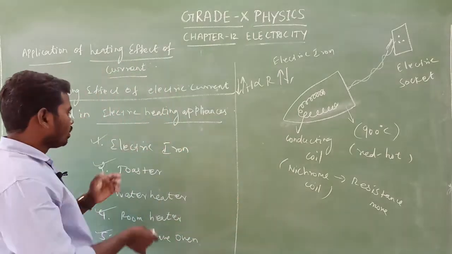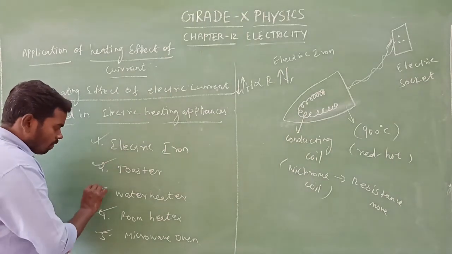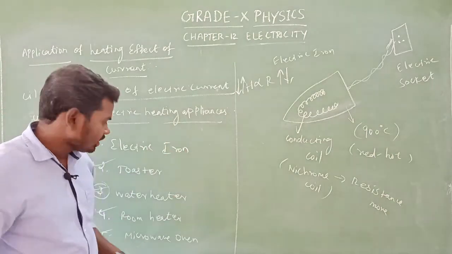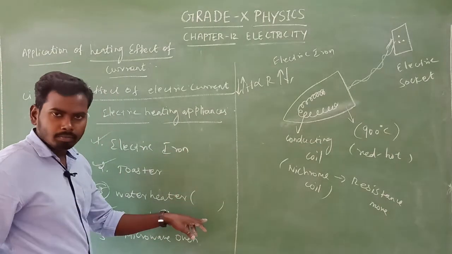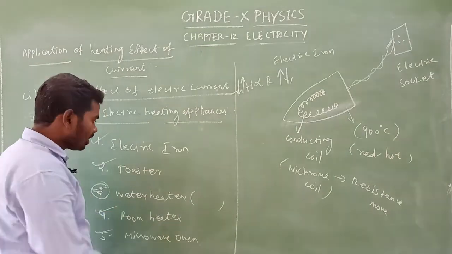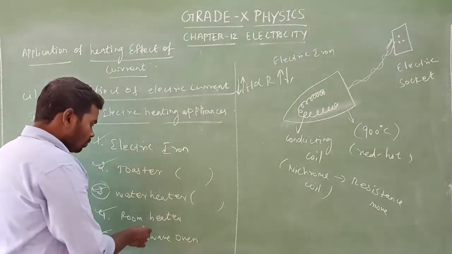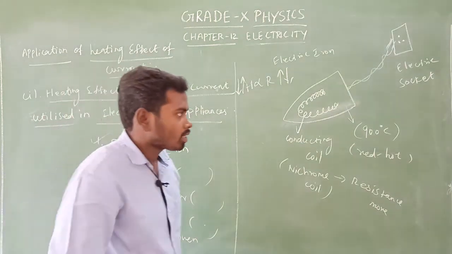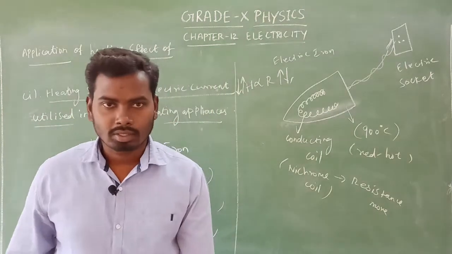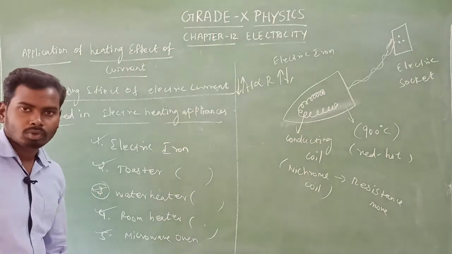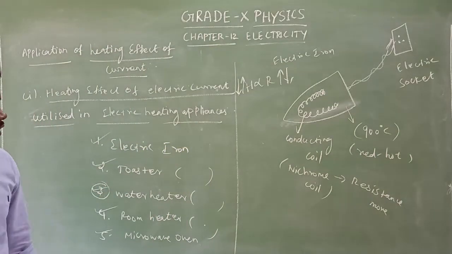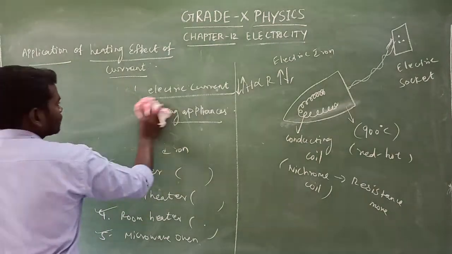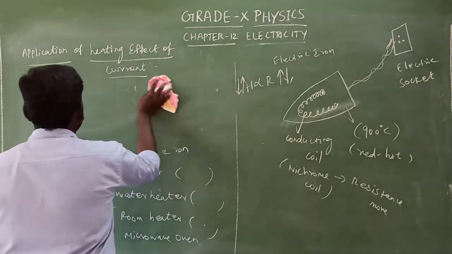Not only for electric iron, that is for toaster, water heater, room heater and microwave. The water heater also functions because of that. So inside the water heater there is nichrome coil. Inside the toaster also there is nichrome coil. And inside the room heater, there is also nichrome coil. Isn't it? Because nichrome has more amount of resistance. This is one of the applications. Isn't it? Yes. So second one, what is it, sir? This is one, okay, sir. Second one, what is it, sir?